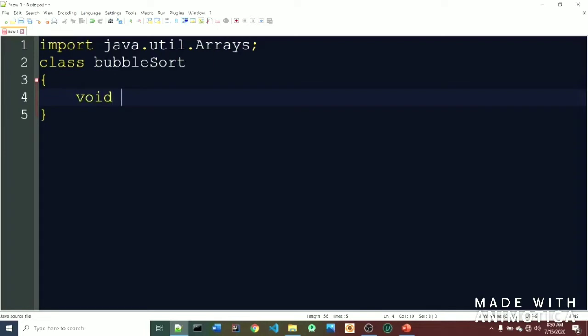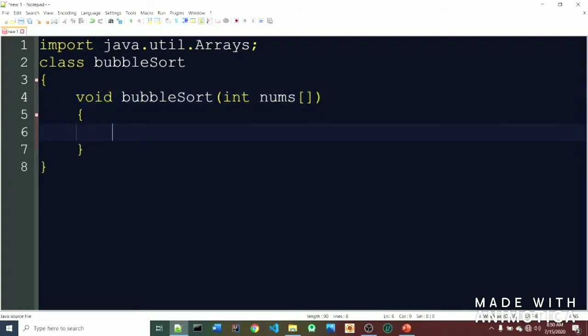Now I am creating one method named bubbleSort, and in the parameter I am giving one array type value. Okay. Now let's create one variable named n in which we will store the length of the array.